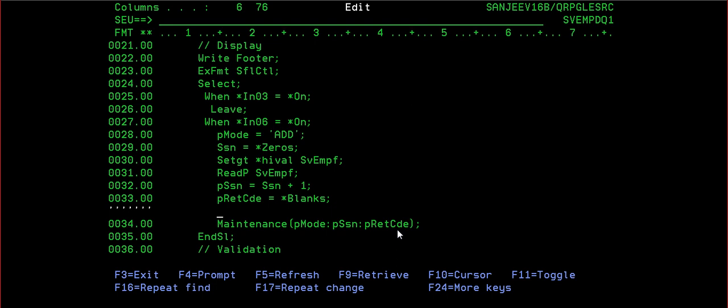So what we will be doing, percentage SUBST, this will be P DTAQ, 1 to 1 will be P mode. I mean, not P mode, P mode is gone, right? So PSSN, sorry, yeah, P mode.